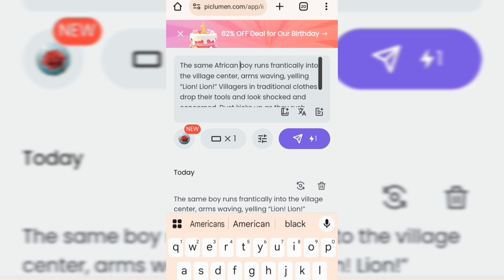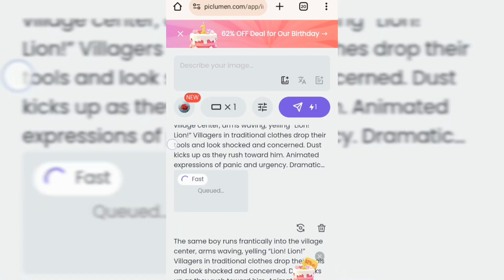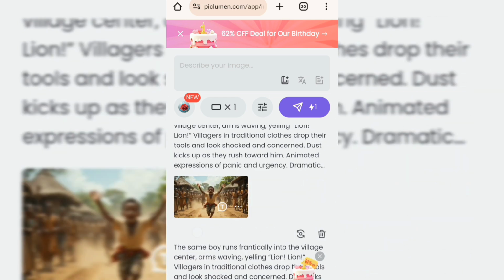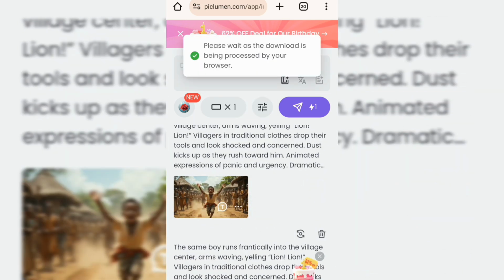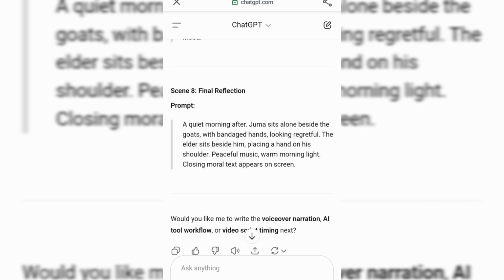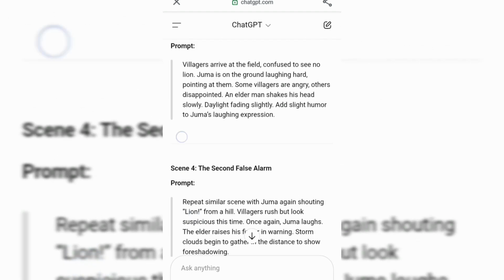I add African here. That's why I told you AI is not that correct, so you need to shake things up, and you can generate the images more times by adding your own text. Just click there and click on download. The image is now generated well. Head over to